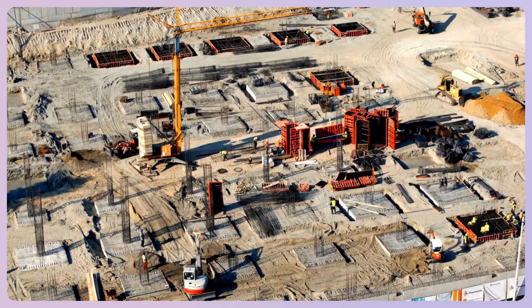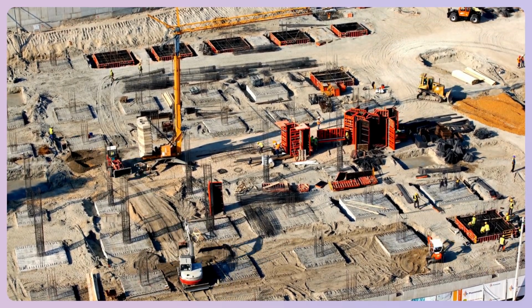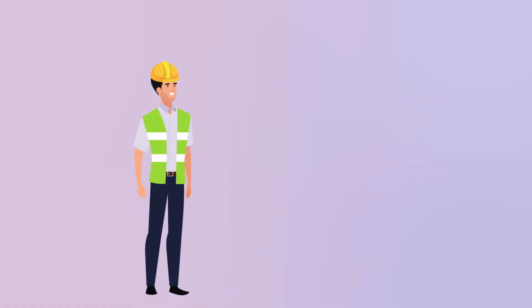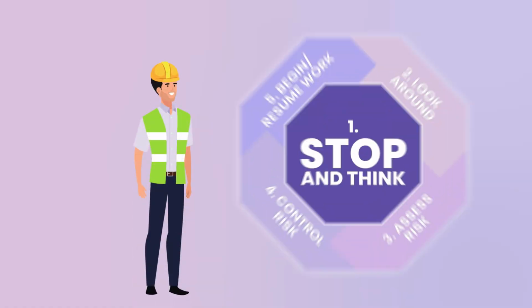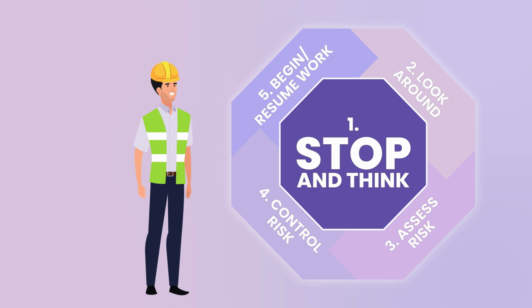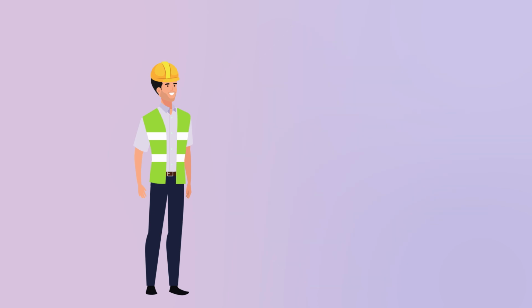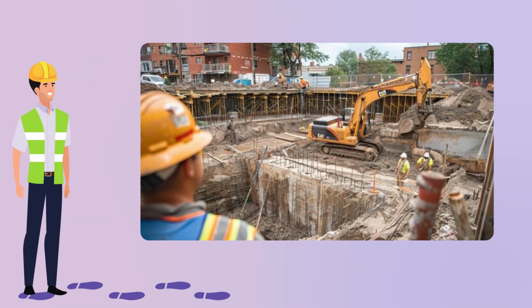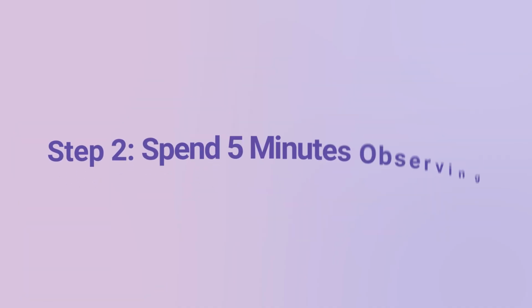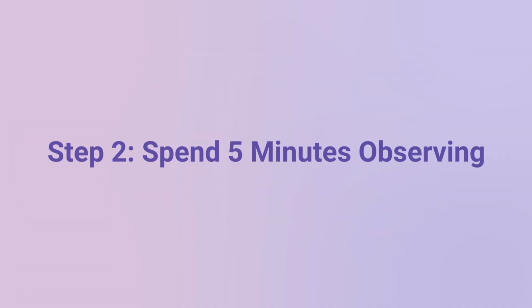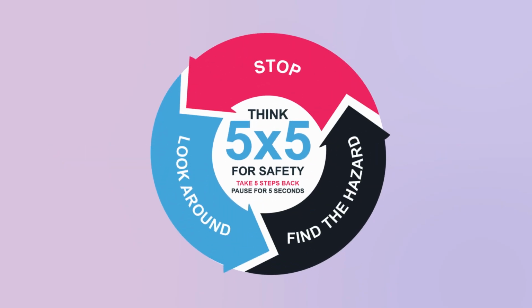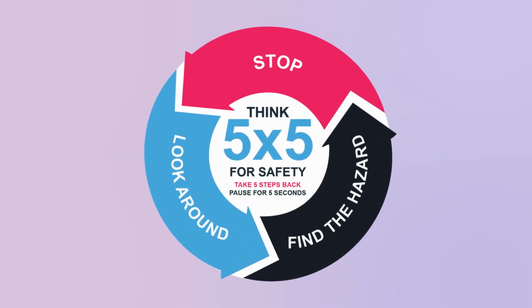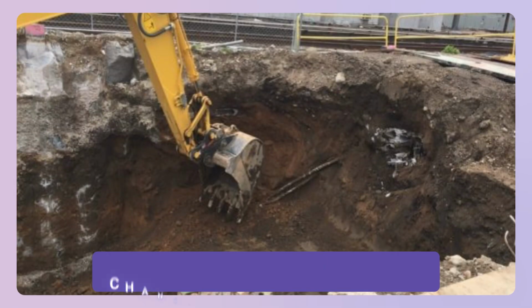For conducting the last-minute risk assessment, the permit issuer must use the 5x5 method. In this method, the permit issuer physically positions himself 5 steps away from the job to maintain a clear and broad point of view. Then he spends 5 minutes evaluating potential hazards that may have arisen at the last moment